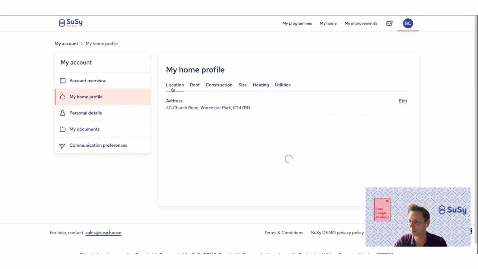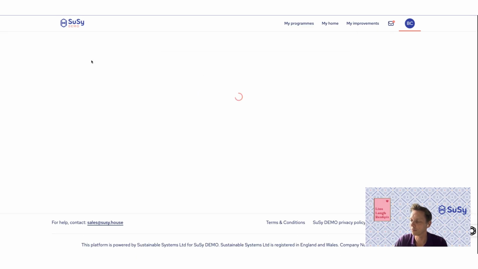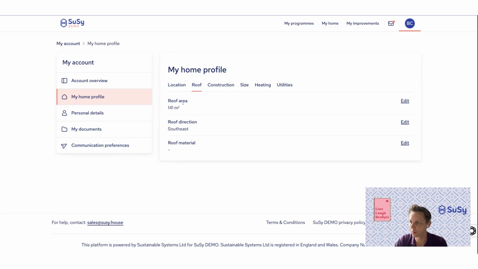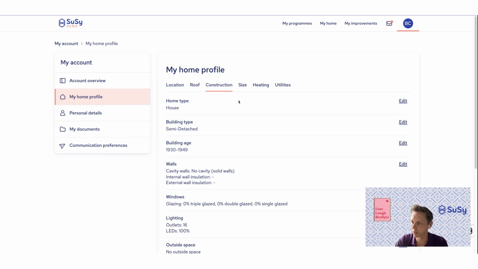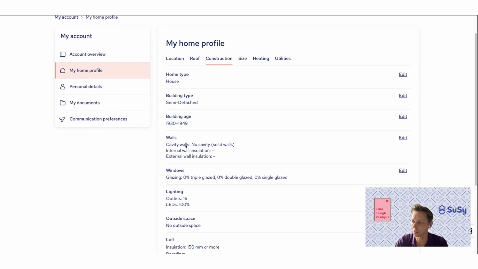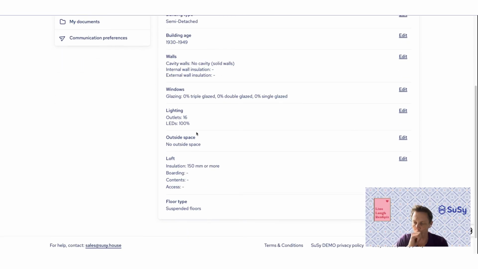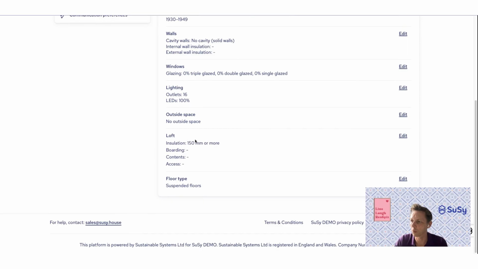So you go to my home profile here, you can see the location, the roof. There's an estimated roof area. I can add in roof material. I can add in construction. So you can see these are... This is showing the knowledge in terms of what has been pulled and what we do know about